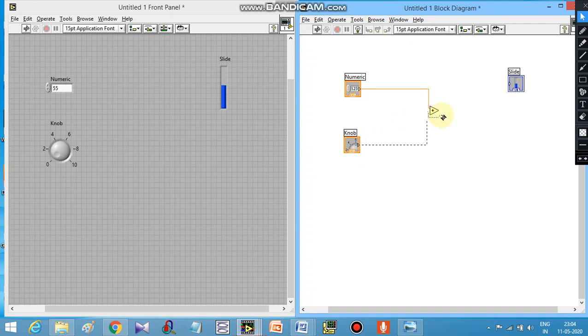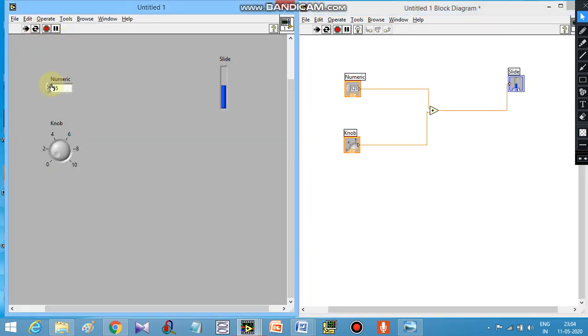Now what we are doing here is adding this input and this input, and then connecting this here. Then run continuously. If I increase this value, the output will increase. Similarly, if I increase this other value, it will also increase.